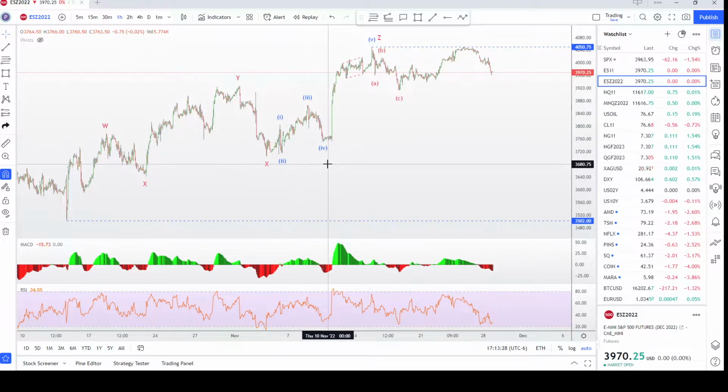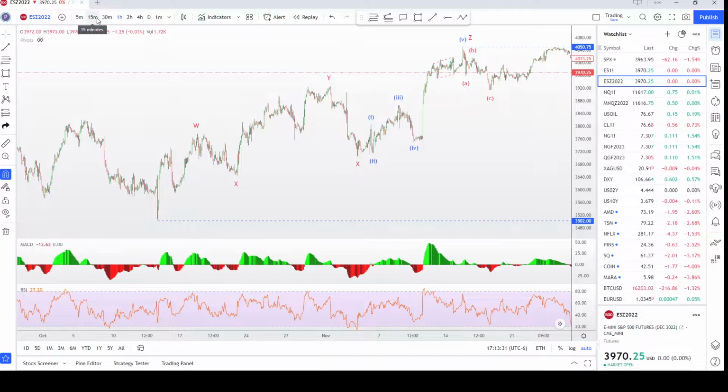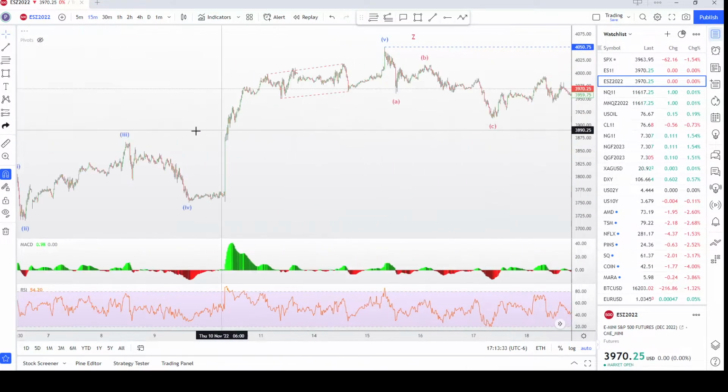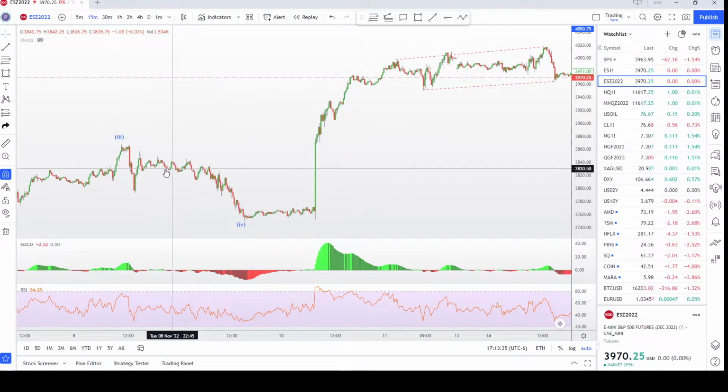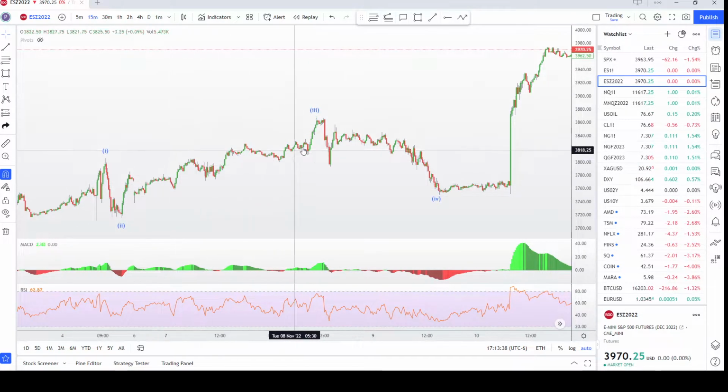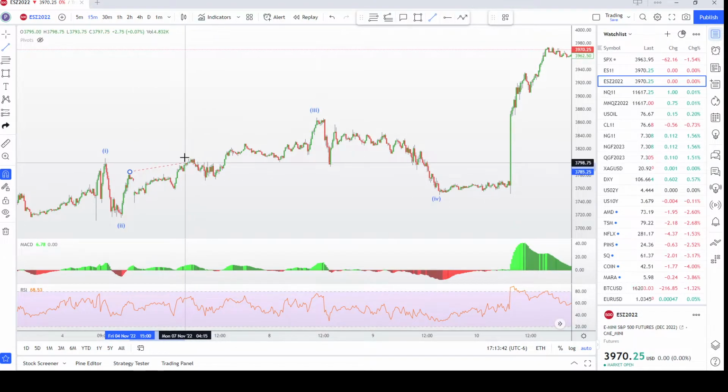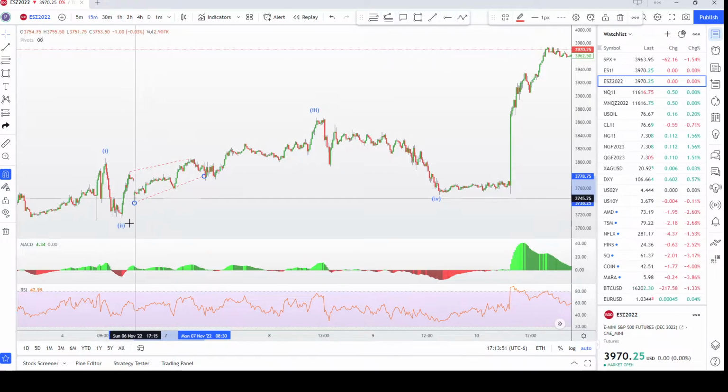And it almost looks like, and I'm going to have to go down to like a 1 minute chart to figure this all out. I thought there was a running flat in here, so something like there, to there, yeah, you get the idea, down here. I thought this was a running flat, so 1, 2, and 3, but I can't get 5 waves up here for this C part of the running flat.